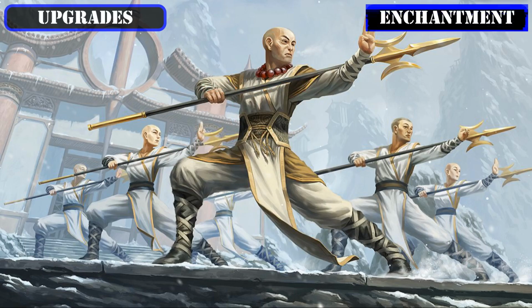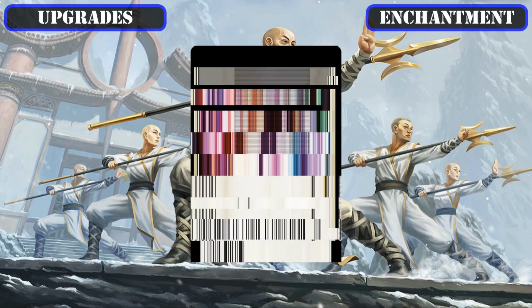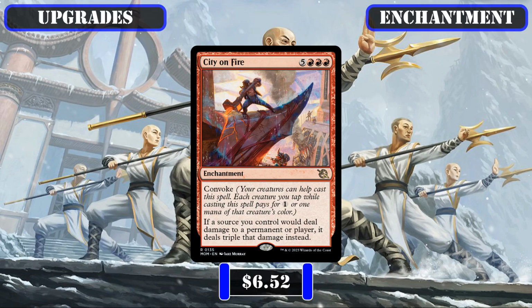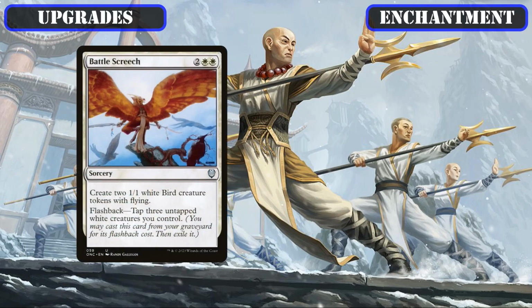Our enchantment upgrades will then see us add one last Convoke spell to our build by trading out the reasonably good token generator Path of the Ghost Hunter for the damage amplifying City on Fire, which literally triples our damage output as soon as it comes down to enable our tokens and damage dealing spells to burn through our opponent's life totals with ease. Then, to wrap up our enchantments, we'll be cutting Battle Screech's passable token generation and Village